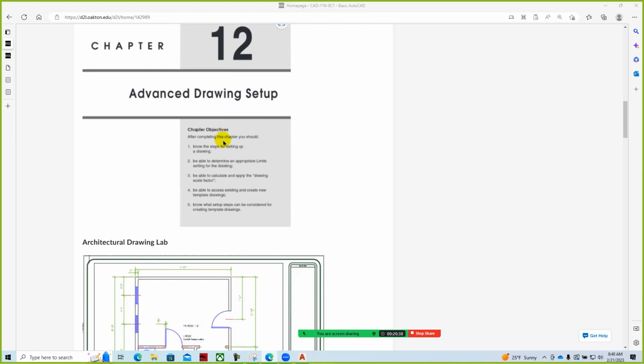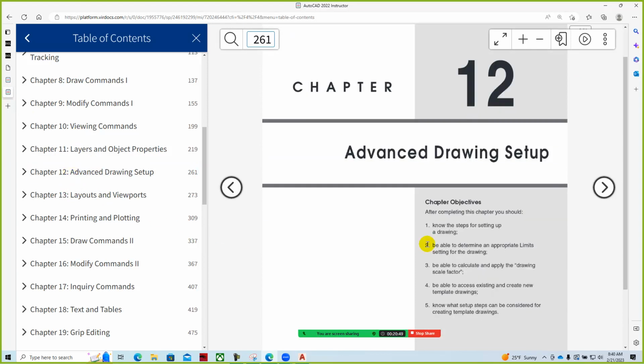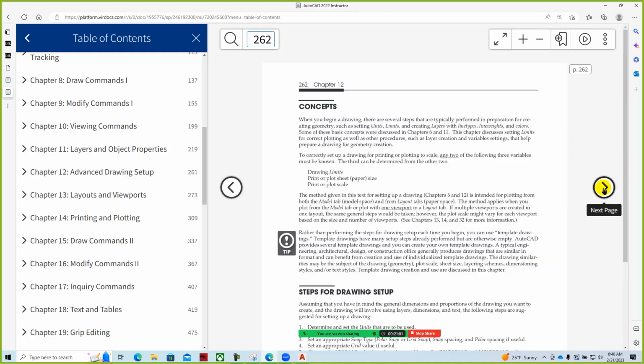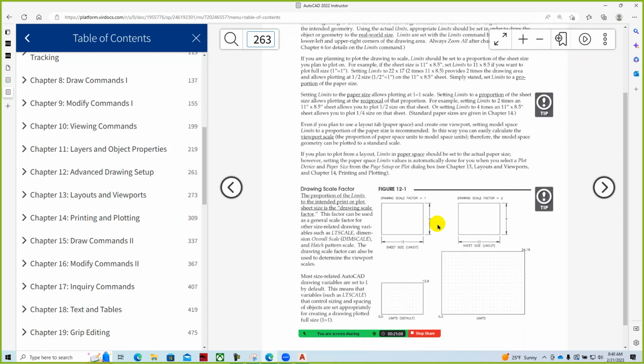And then the learning objectives are for setting up a drawing. Chapter 12 is very short, for advanced drawing setup. Working with limits, being able to set up a scale factor, working with templates, and just basic considerations for setup. So this is a real straightforward chapter,